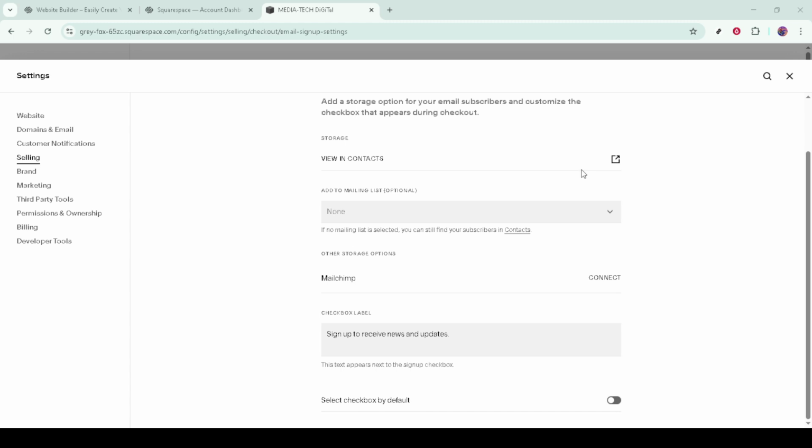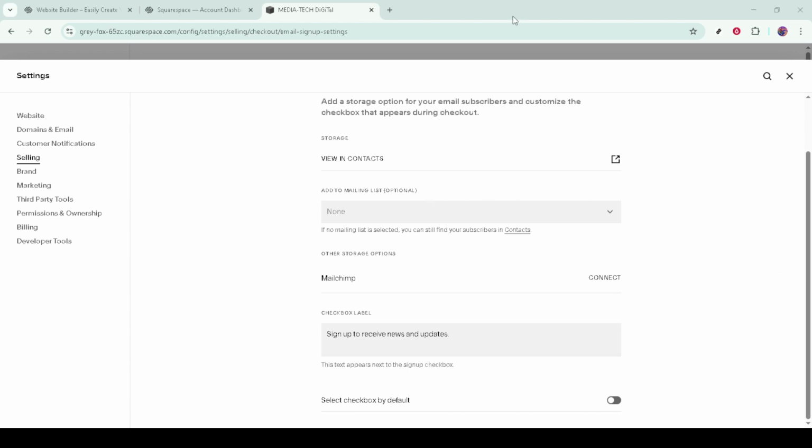During that process, you'll be prompted to confirm which Mailchimp audience you want to send new subscribers to. Pick the audience you use for your store communications so your post-purchase messages and promotions stay organized. If your brand uses tags, groups, or segments in Mailchimp, you can apply those later inside Mailchimp to keep these